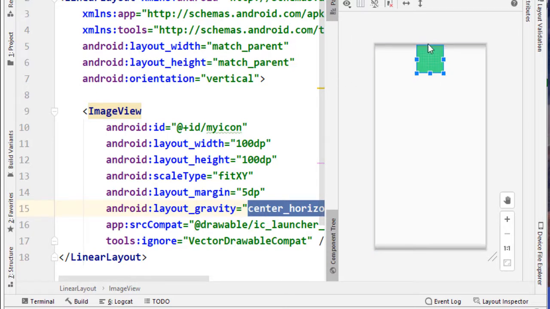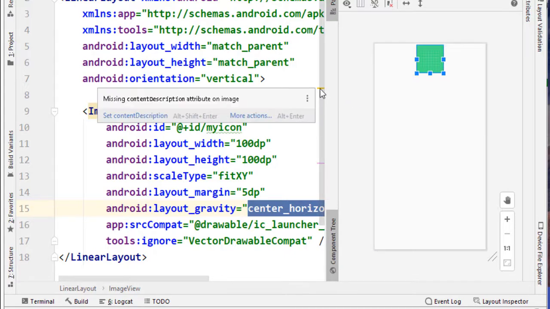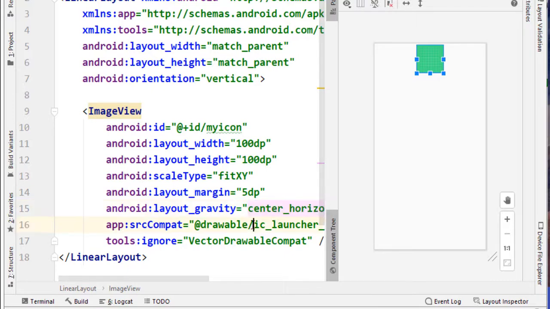Instead of this image, we can use any of the images also. This is not a compulsory part. You do not have to use only these images. That is called ic_launcher. You can select any one, but for that you need to copy and paste that particular image into the drawable folder.